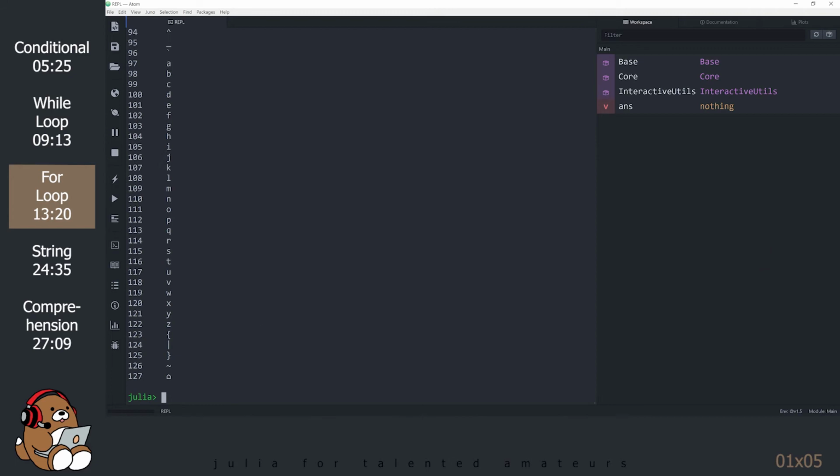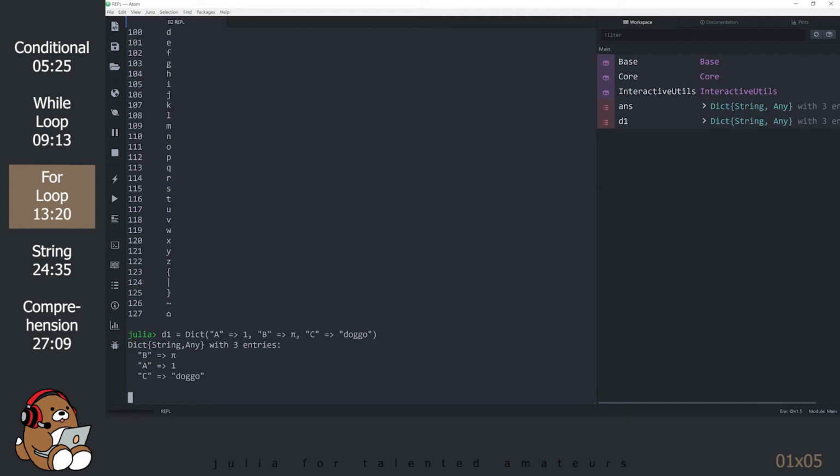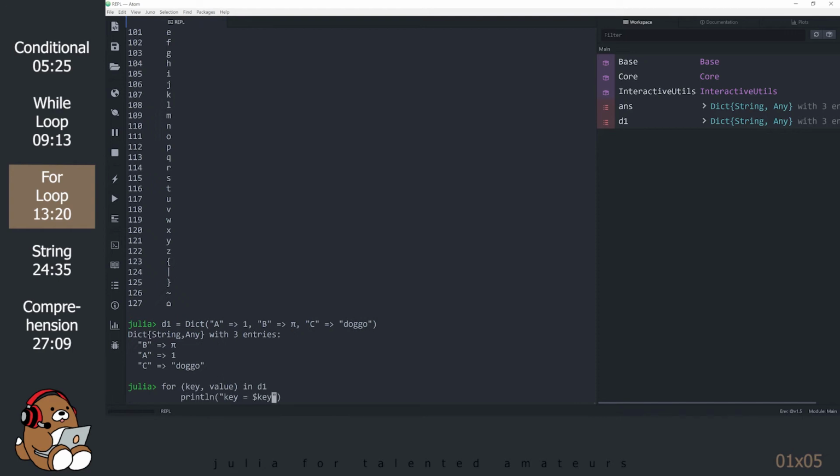When using for loops, you are not limited to using integers and characters as iterators. You can use data structures as well. In this next section, we'll use the contents of dictionaries, tuples, and arrays as the iterator. Let's set up a dictionary for this example. You can use the contents of a dictionary as the iterator in a for loop.